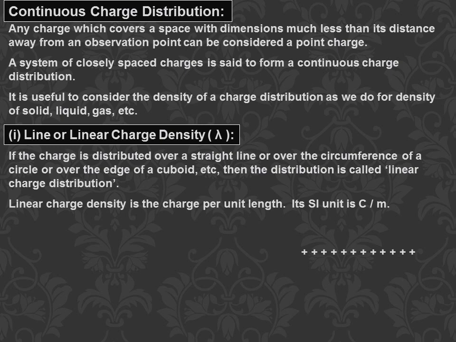Let us take one line charge element, a positive charge, and in that an elementary part is taken which carries the charge dq and small elementary length which is dl. Therefore, lambda is given as the ratio of dq by dl. Total charge on line L is obtained when you integrate, q is equal to integration of lambda dl.